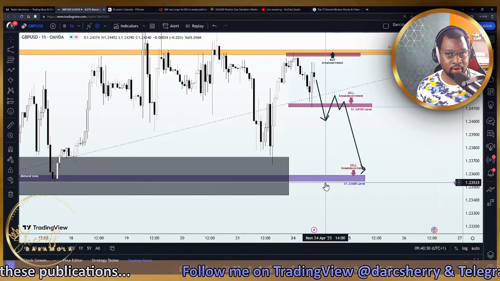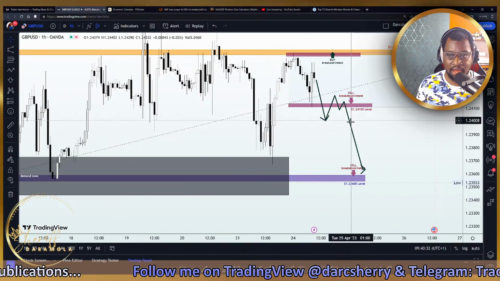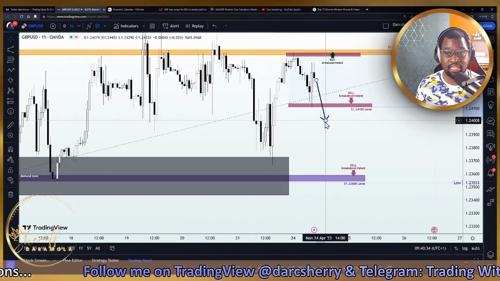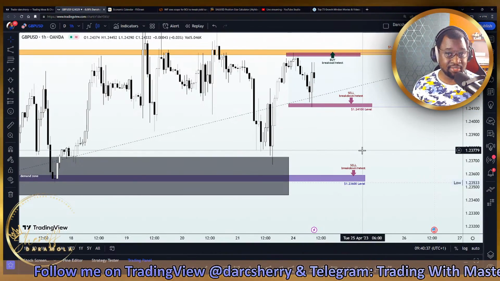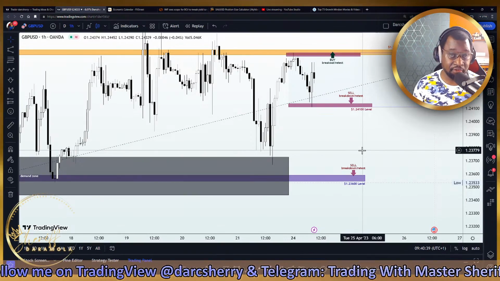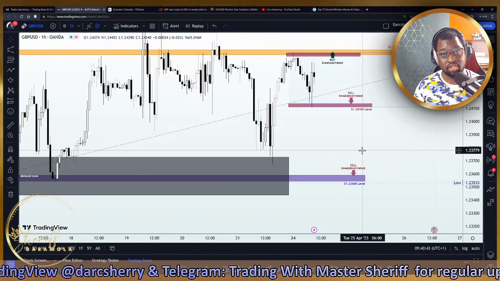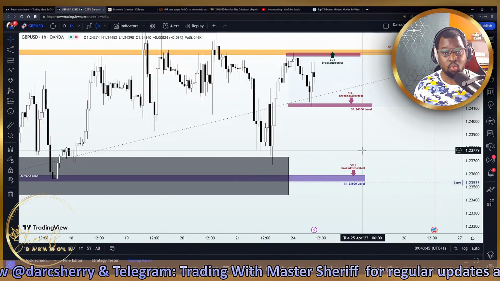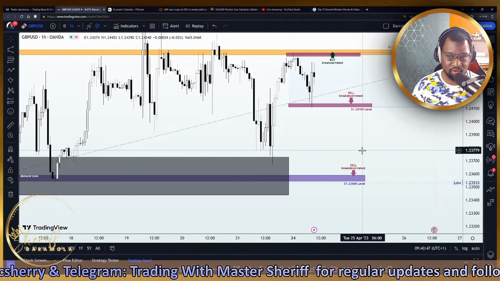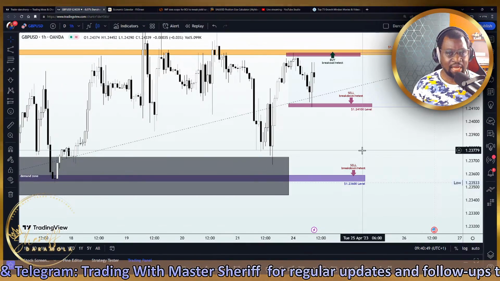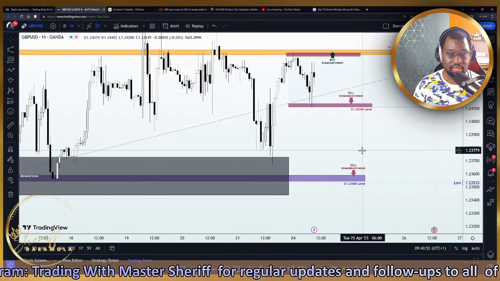So that is my view here on the GBPUSD for today. I hope I made myself clear, and I hope I was able to simulate all the possible scenarios that are likely going to be happening, at least for the first half of this week. And you might want to screenshot my screen so that you can use it as a reference point when you are about to make your own individual decision. So with that being said, we shall be moving on to the next pair,